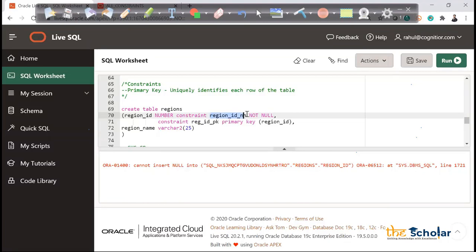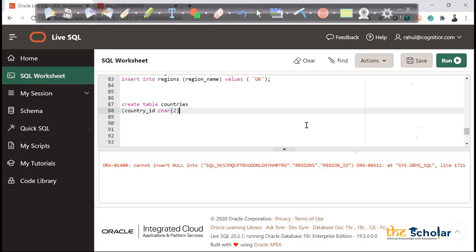But by default, if you're creating a primary key, obviously it cannot be null, right? So if you want, you can add the constraint as not null, but if you are making it a primary key, by default it is not null. So we actually don't need to write this statement, but sometimes people write it for their reference. Logically it is not really required because a primary key is always not null. It should not have any null values.